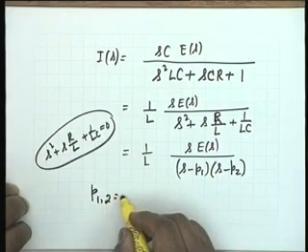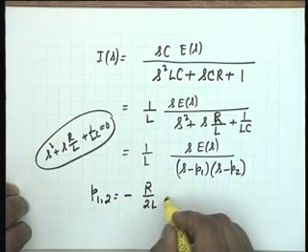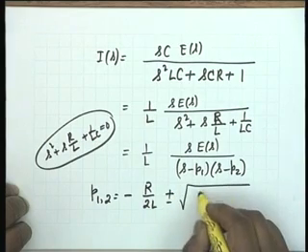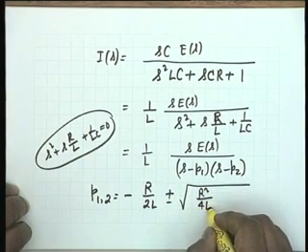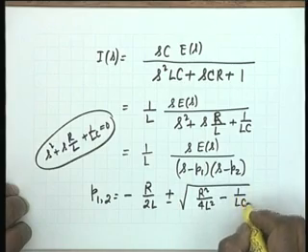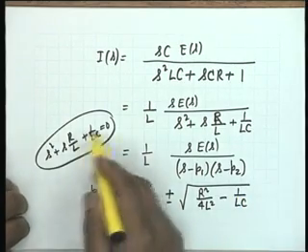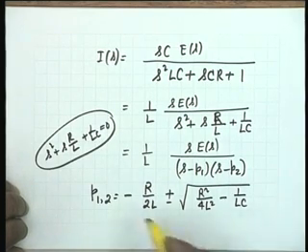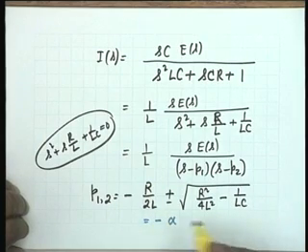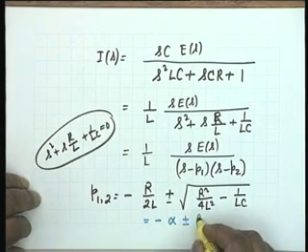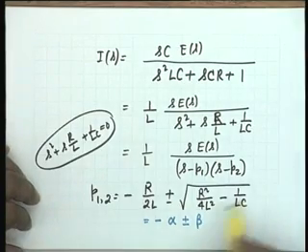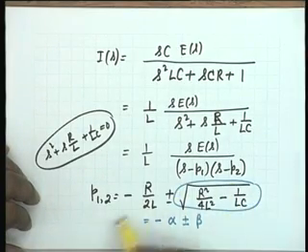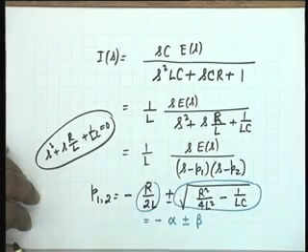Now the values of P1 and P2, P12, would be equal to minus R by 2L plus minus the square root of R squared by 4L squared minus 1 over LC. Okay? That is very simple. It is a solution to the quadratic equation. These are the roots, and we shall denote them by minus alpha plus minus beta. This quantity we call beta and R by 2L we call alpha.